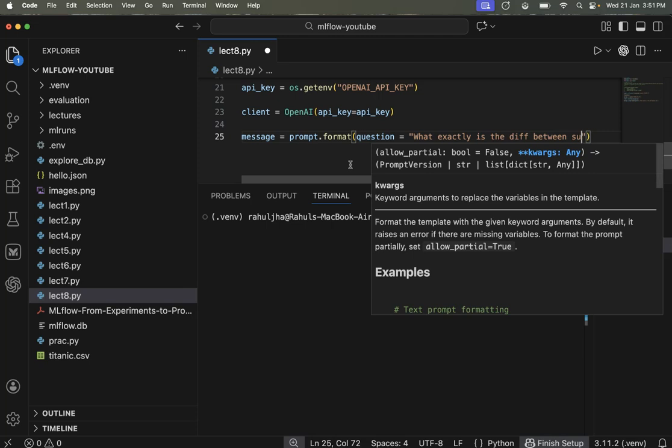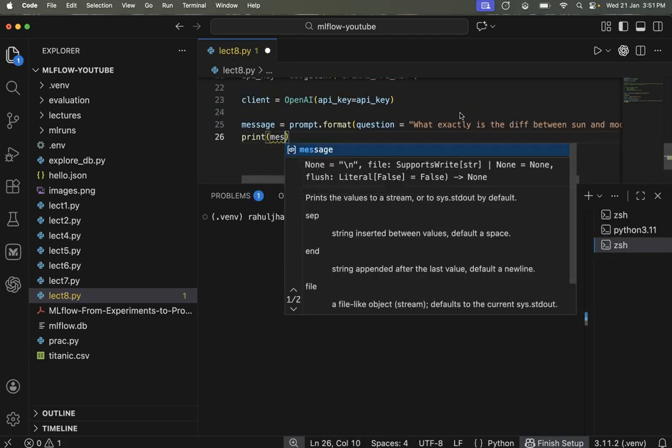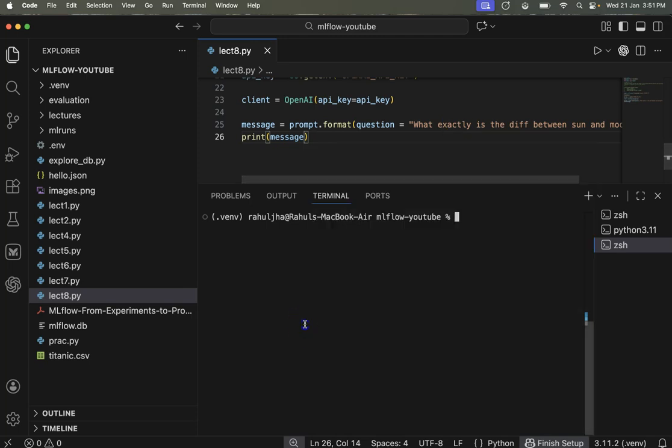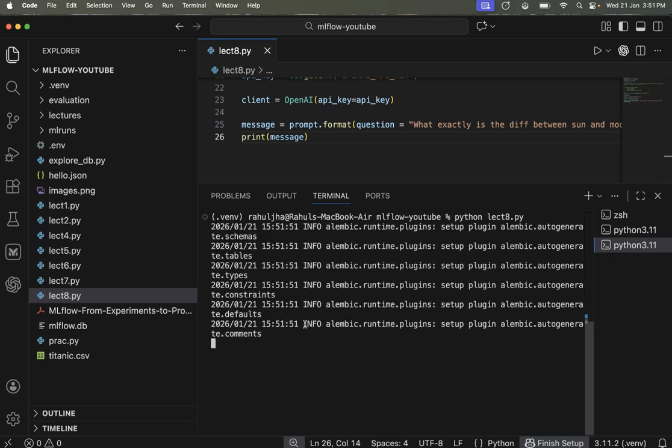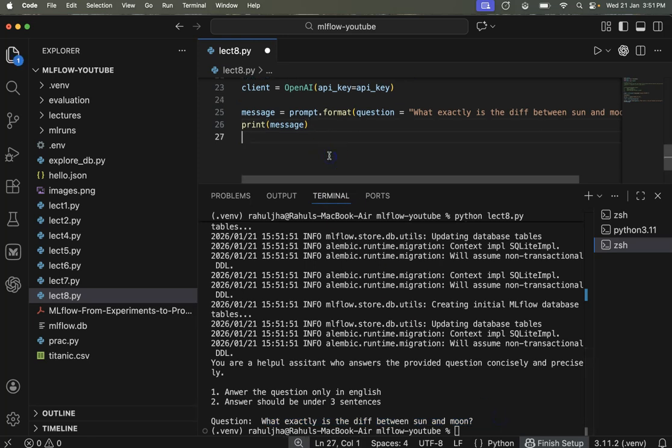I'm not sure. This is not a very good question. Okay, sun and moon. So now I will also print this message just to see whether it is looking good or not. And let's run this. So you are a helpful assistant who answers this. What exactly is the difference between sun and moon? So we have the message.